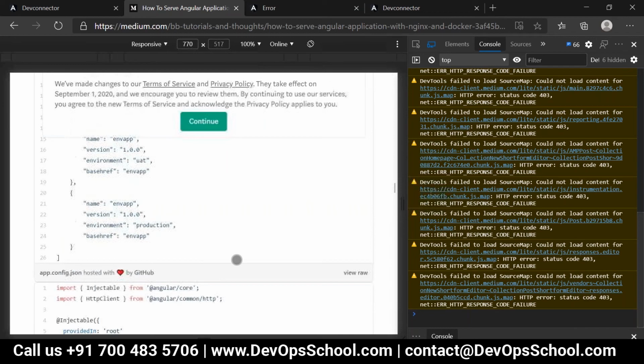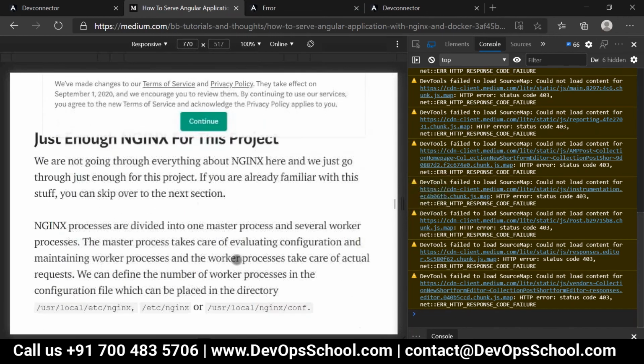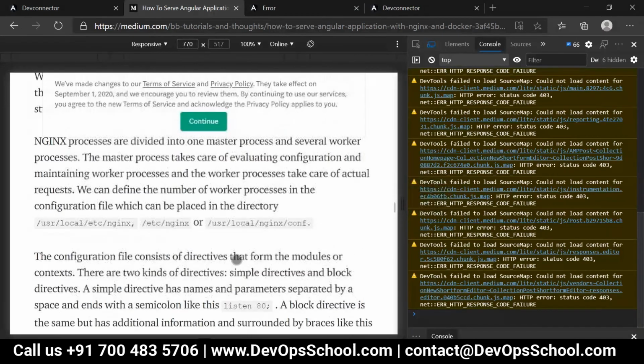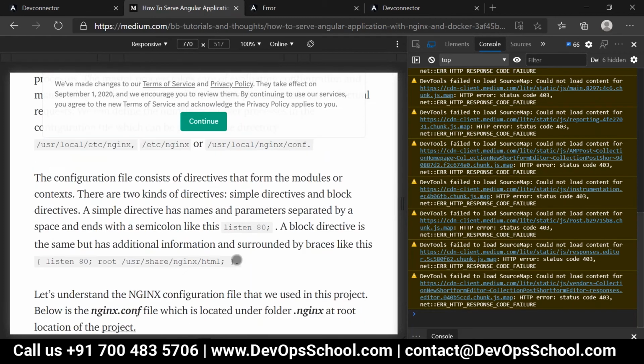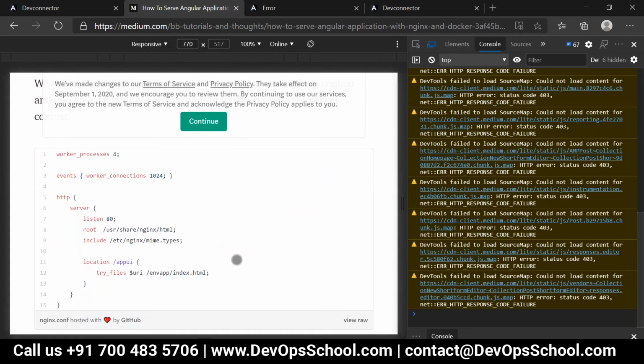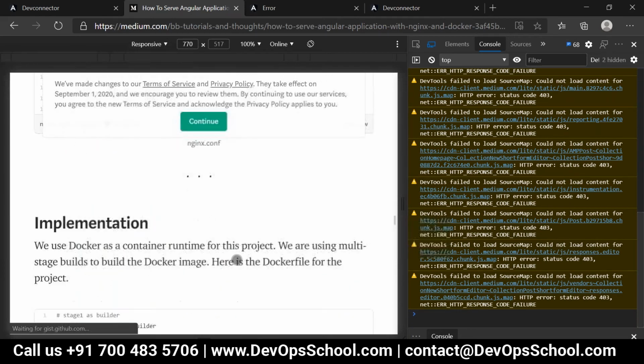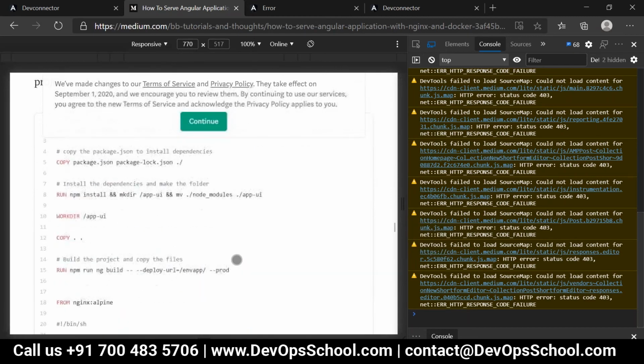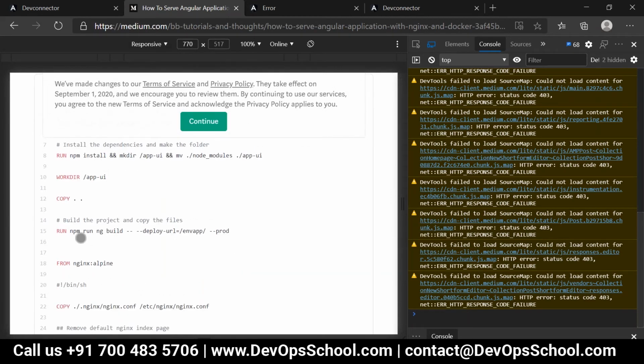This is your Angular code. Deepak, are you able to run this npm run ng build, correct?